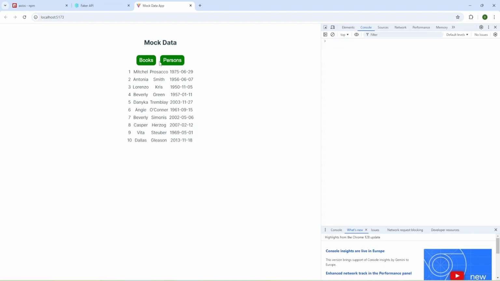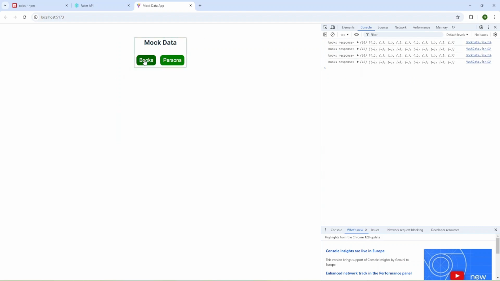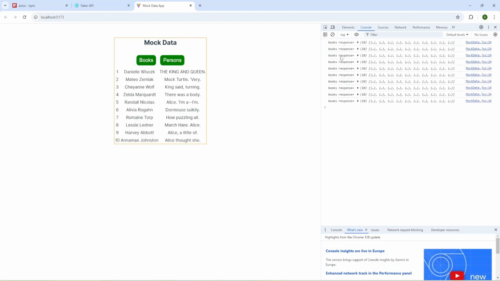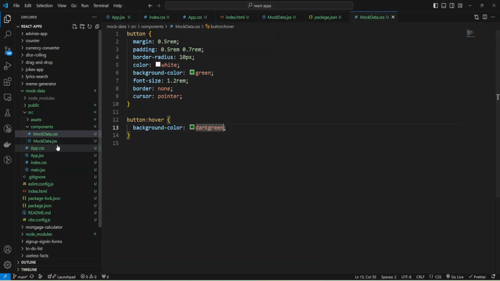far. But as you can see, when I press books, and I can press several times, every time I press the books, the app makes an API call to my server, but I'm going to change it and use cache to provide data from cache if timeout not passed. So, let's implement it.